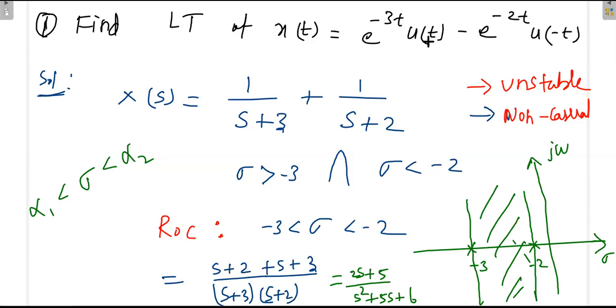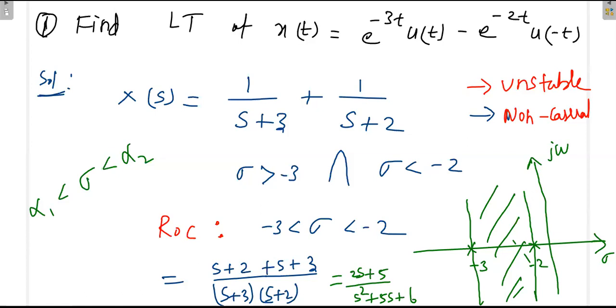We will not get this situation in control systems, because we will not have u of minus t in control systems, since we cannot operate on the system at negative time. But in signals and systems, we will get this kind of situation. That's why there is some difference between signals and systems and control systems problems. This is one of the main differences. Even though both the poles are on the left of the S-plane, it is still unstable, mainly because of the ROC concept.